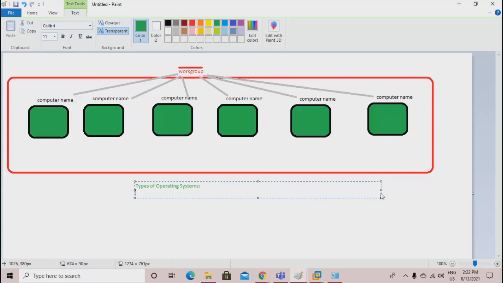But when it comes to types of operating system, you have two types basically. Client operating system, and second is server operating system. What are the examples of client operating system? Windows XP, Windows 7, Windows 10.